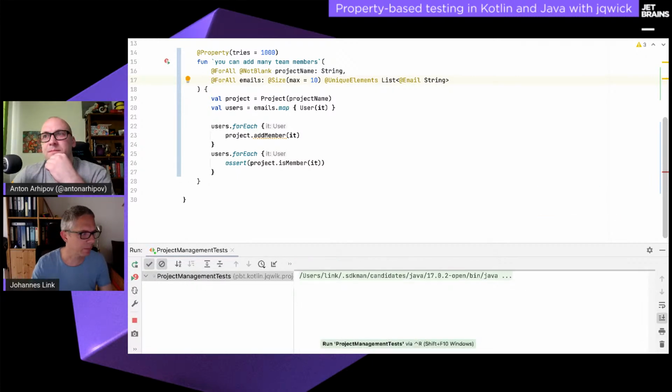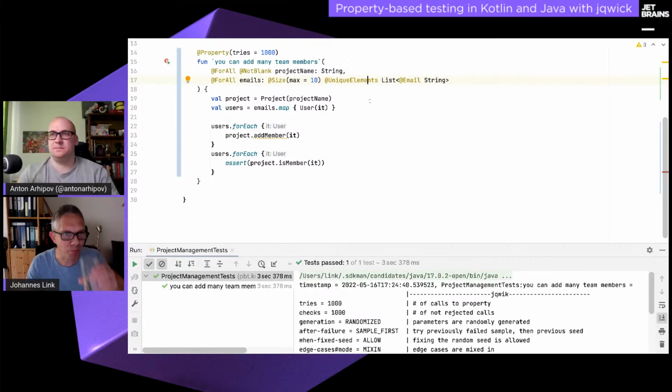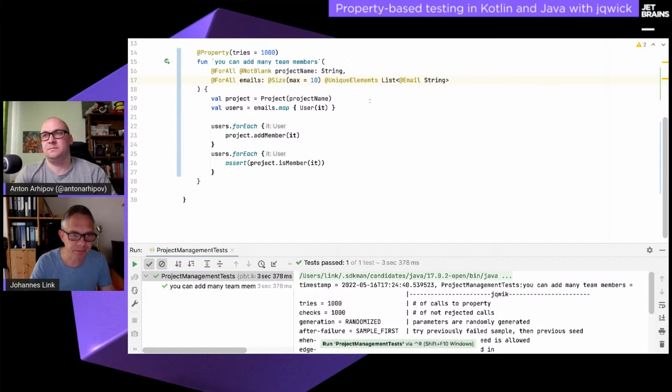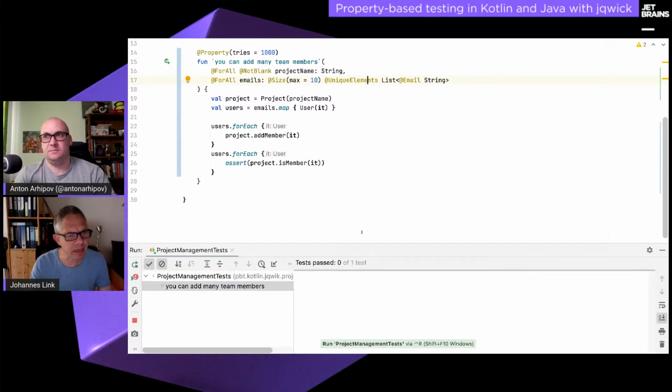Rerunning. Okay, it works, but I know there is still some hidden problem in this code. And I would have expected it to show up in the first run, because it usually does. So depending on the edge cases you have and the problems you have, 1,000 is often enough to show the